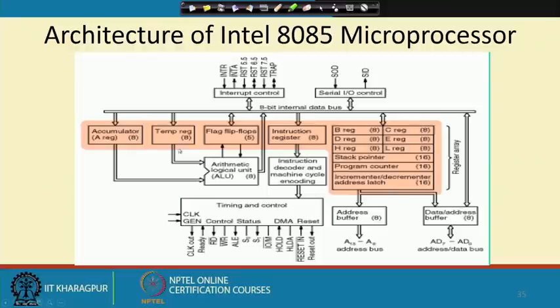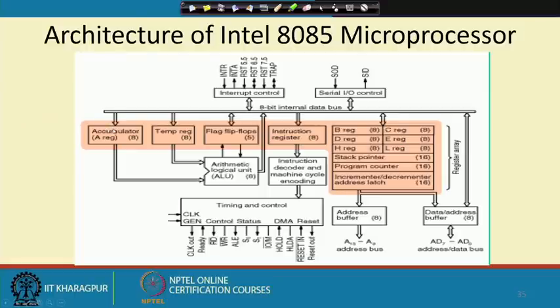So, if we go back and look into this diagram, when the ALU is doing the operation, it needs the values to be available at its input, and these values should be stable. They should not be floating around this bus. If I am trying to add the content of the A register with the B register, then the B register value should be available here in a steady fashion. So, the system will transfer this B register value to this temporary register, and then it will give the add signal to the ALU. As a result, the values will be added and the result will be available onto the bus,